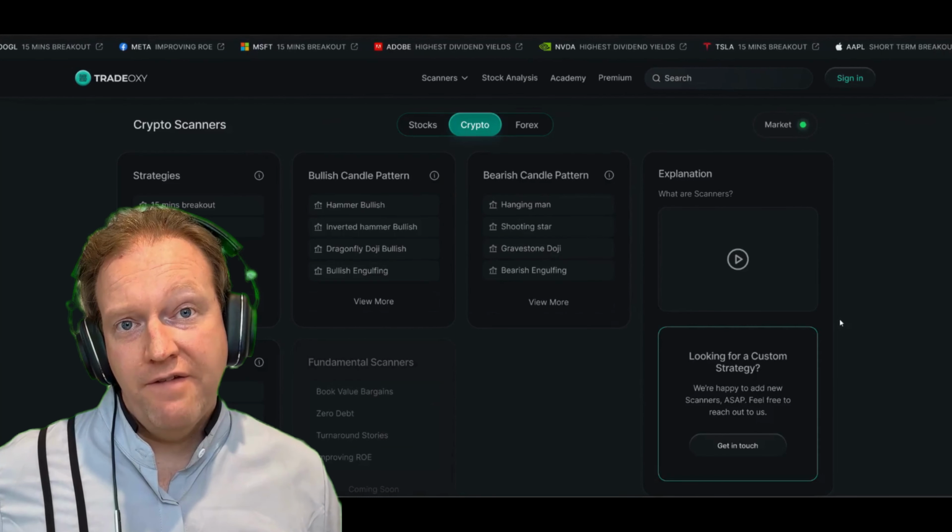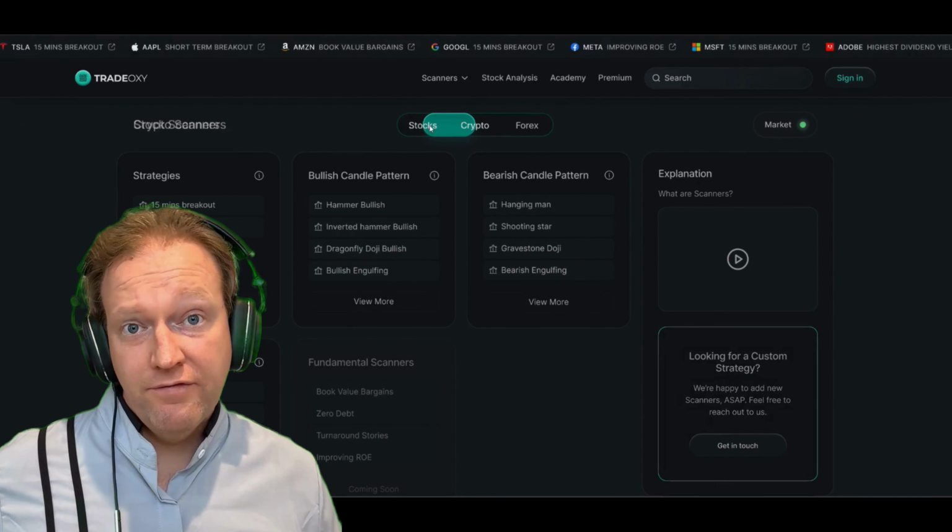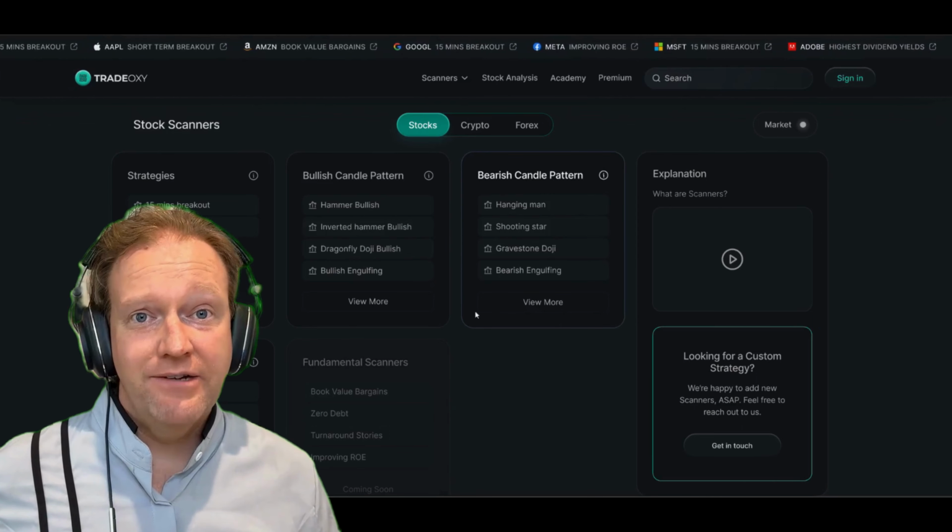reaching either the top or the bottom of a particular price movement. That's because the candlestick kind of indicates that the price opens and closes the same with a large movement in between. The TradeOxy platform allows you to apply the Dragonfly Doji Candlestick pattern at scale to any of the tens